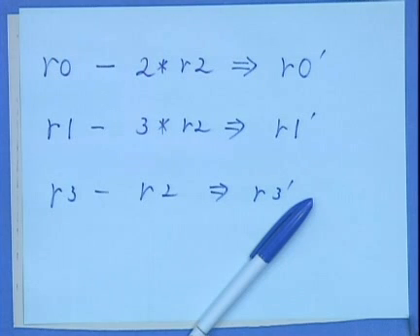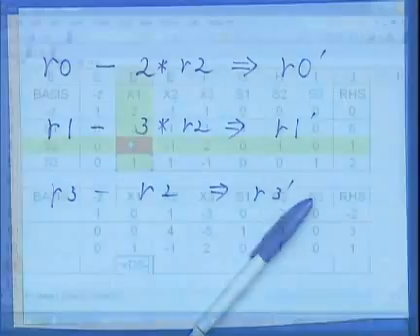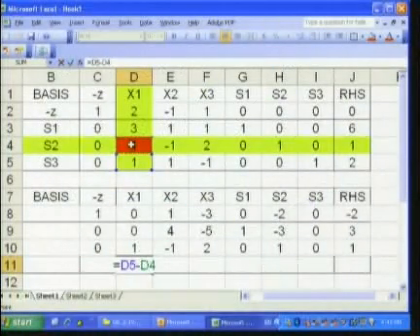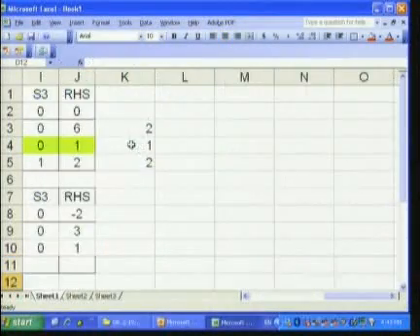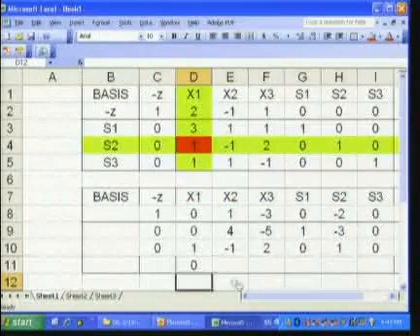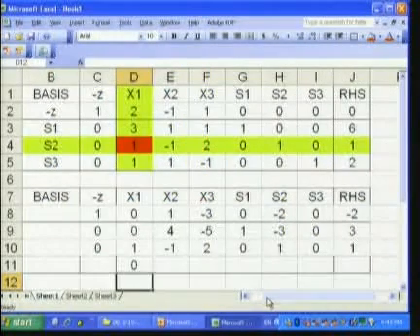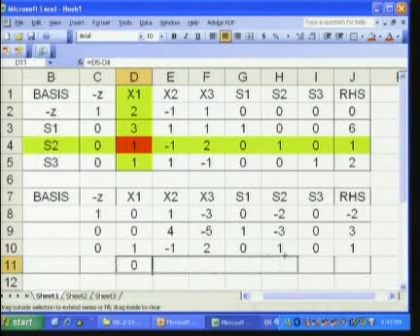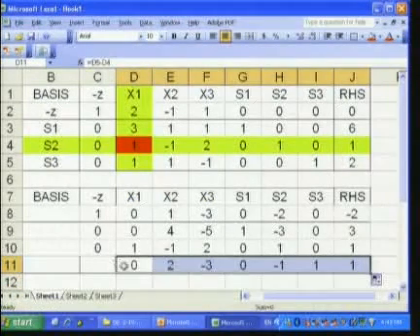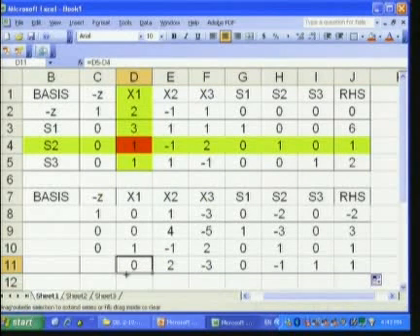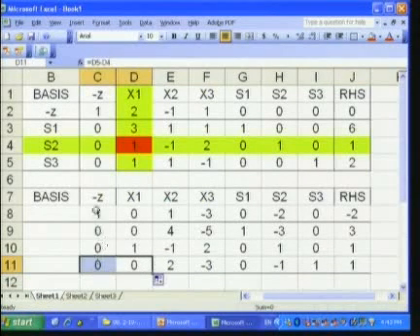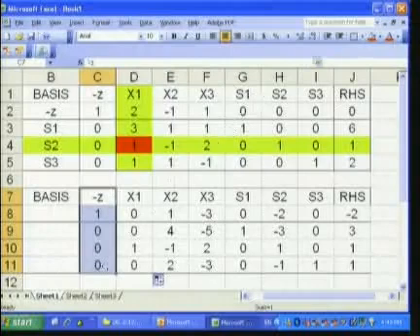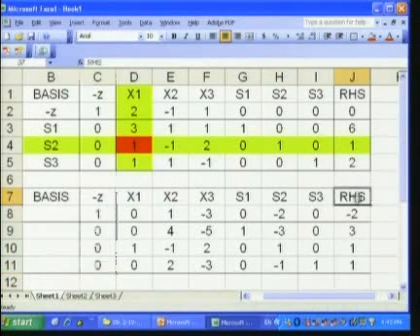So this is going to be row number 3 minus row number 2, right? And copy and paste it. Okay? So we have completed